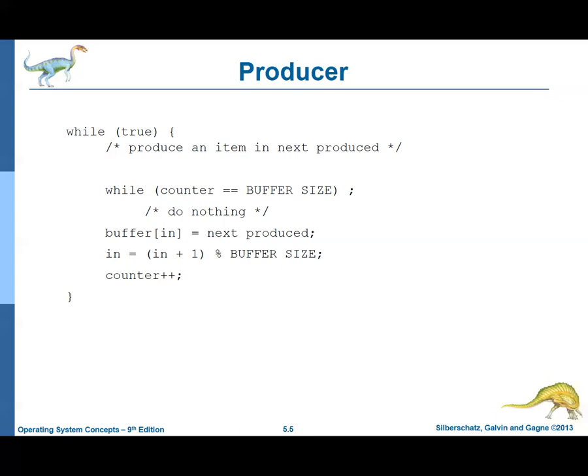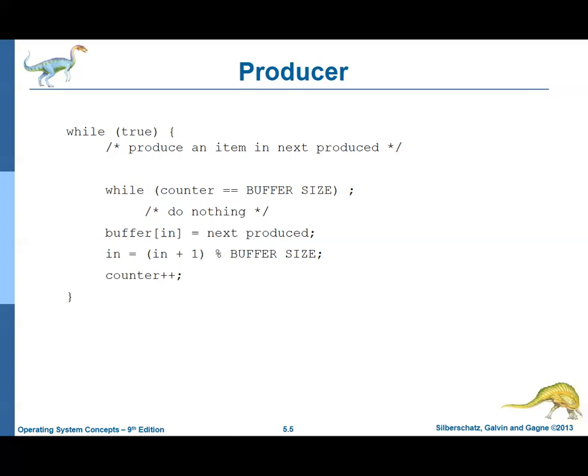What Leora said, the consumer changed counter, brought it down to, let's say, 8. So now what am I going to do? I also have a pointer in the buffer. This is a little bit of mathematical wizardry here, but in is where in the buffer I want to put my next donut, right? It's not a plate. It's really a tray with marked off places. It's an array. So where in that tray do I put the next donut?